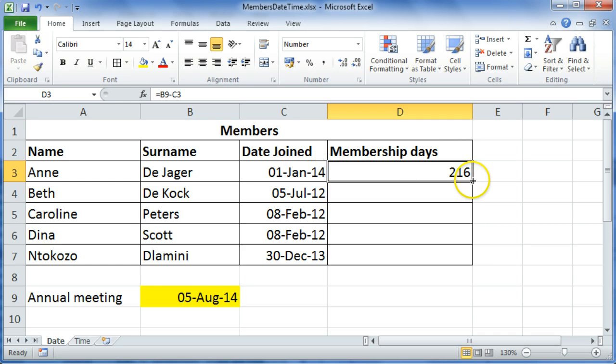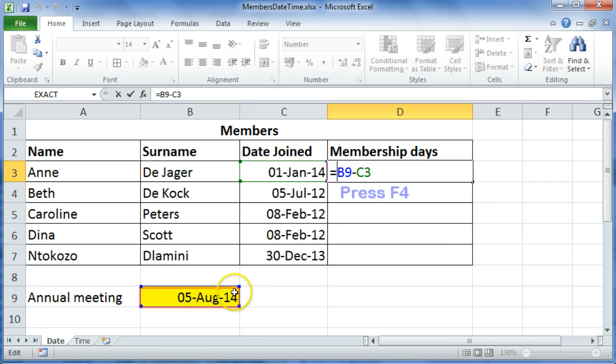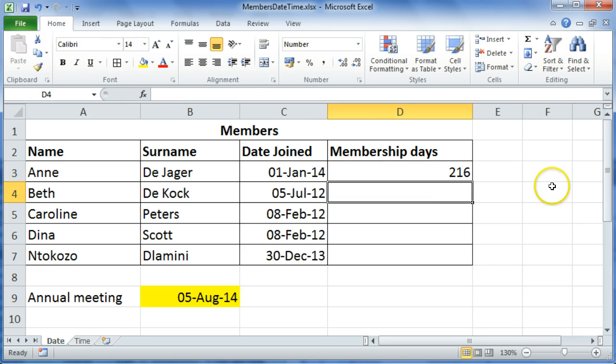Okay, it's important if you want to use the autofill function, just remember that cell B9 has to be an absolute cell reference. So just make that an absolute cell reference by pressing F4 on your keyboard, and that will insert your absolute cell references, or little dollar signs. Okay, so let's use our autofill now to copy this down, and that will give us the days that they